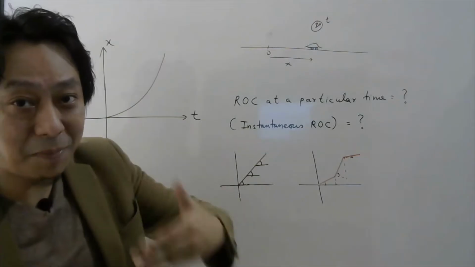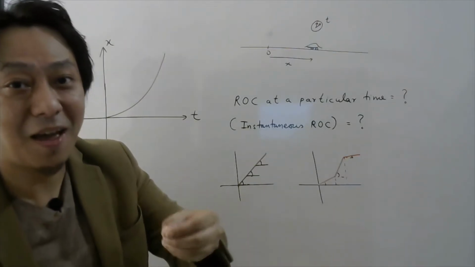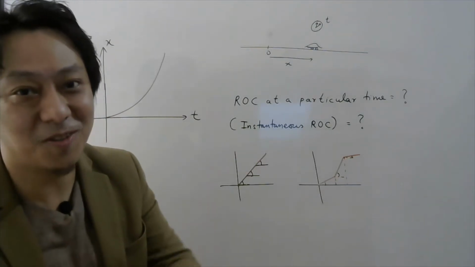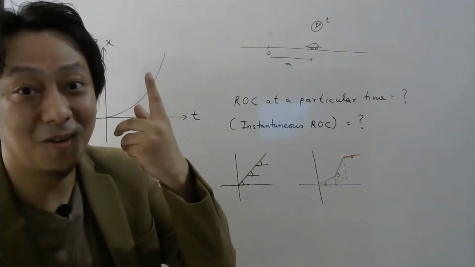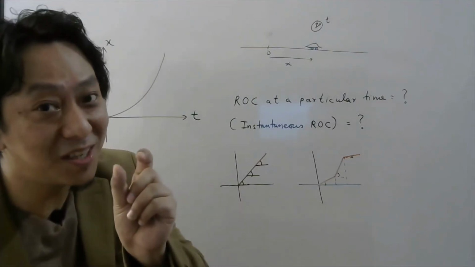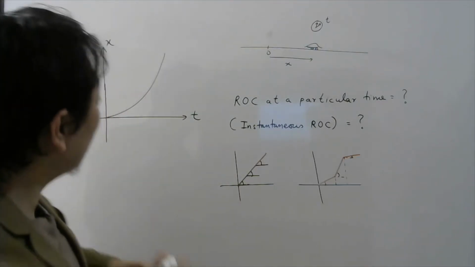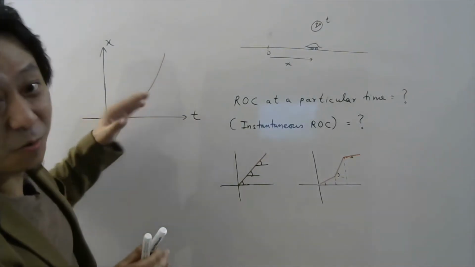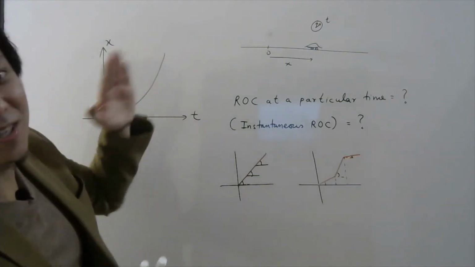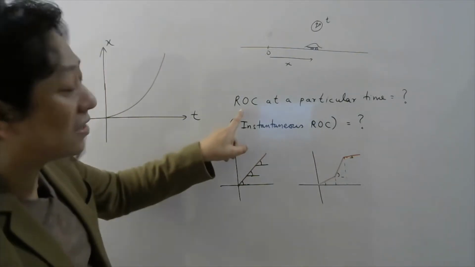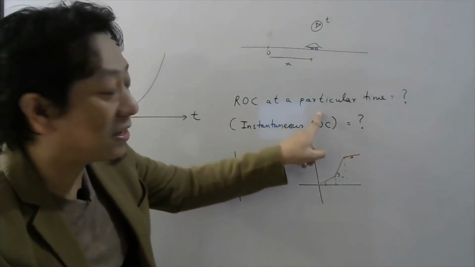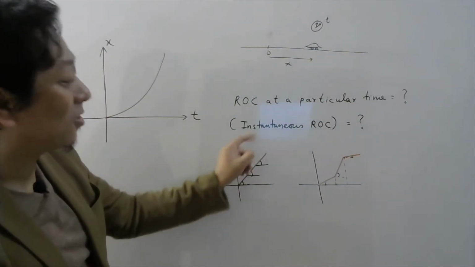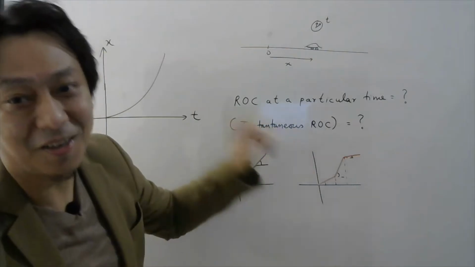So if my name kept changing daily, you would have to mention the day also. If you want to know my name, you have to say, sir, what was your name 1 year before, like that. So you have to mention the instant also. So similarly, for a curved graph like this, the rate of change will change continuously, and therefore you need to ask the rate of change at a particular instant or particular time, and that is also called the instantaneous rate of change.